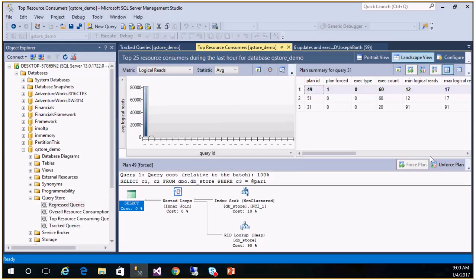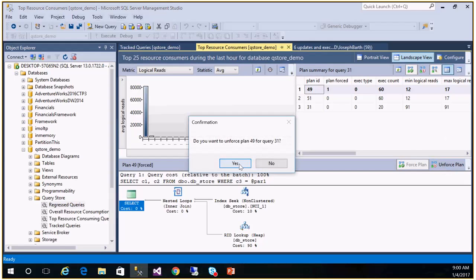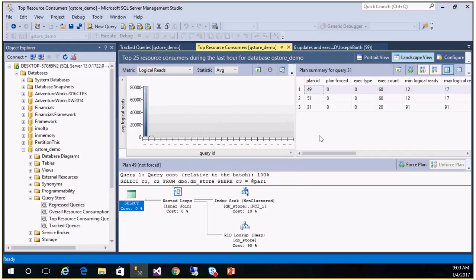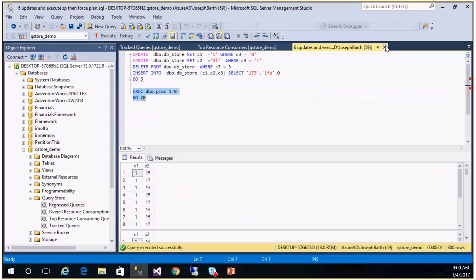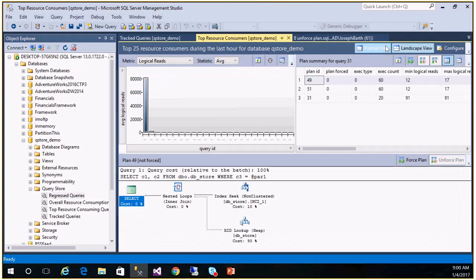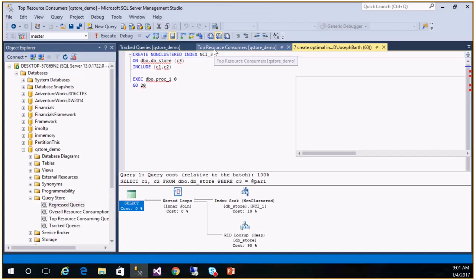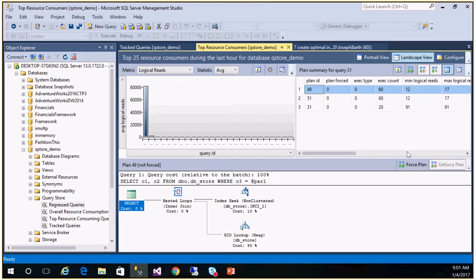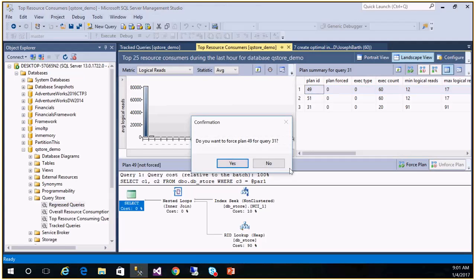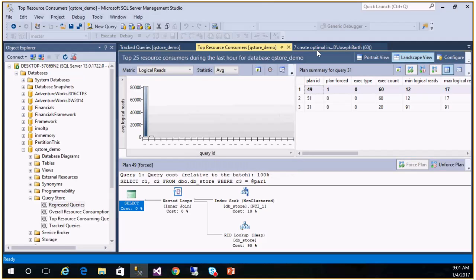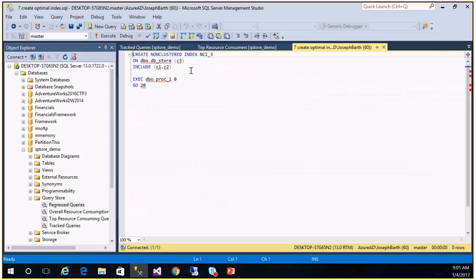So right now we want to unforce, because really, in all reality, we chose the wrong index. So we go here to 7. Let's create the optimum one. I guess for the demo we want to keep that forced. So I'm going to go and enforce that, because at 8, we're going to unforce it. So